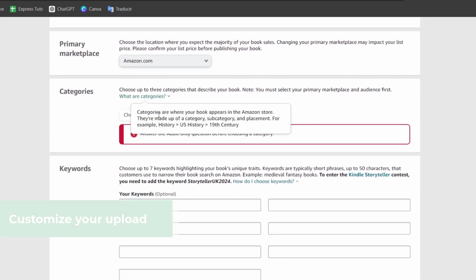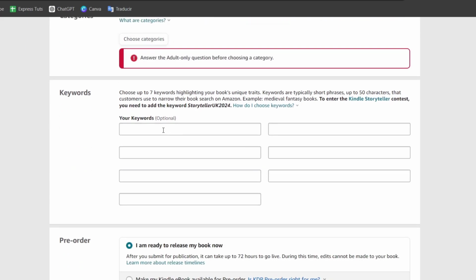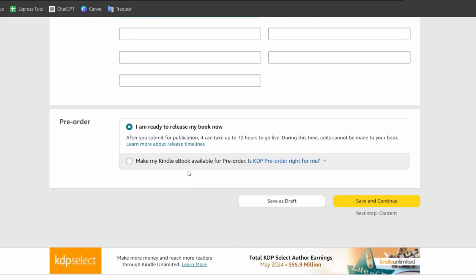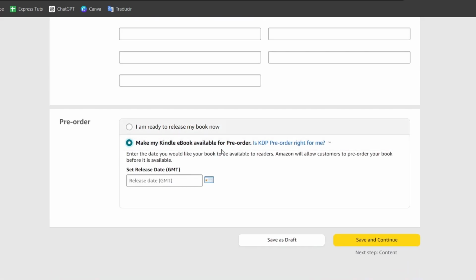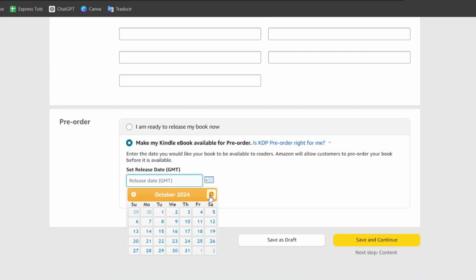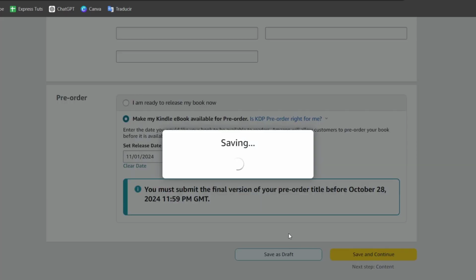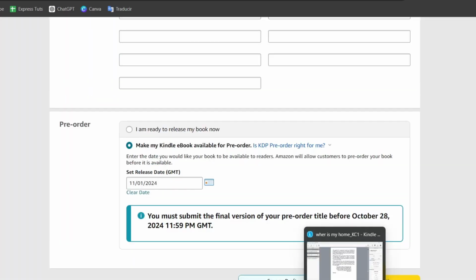Choose the right category. It's going to be really important to choose the right categories in order to appeal to the Amazon store. And lastly, choose the right keywords in order to continue. If you want to pre-order this, you can choose the option that says I am ready to release my book now, or make my Kindle ebook available for pre-order, let's say at the end of the year. Now what you can do is import your Kindle ebook